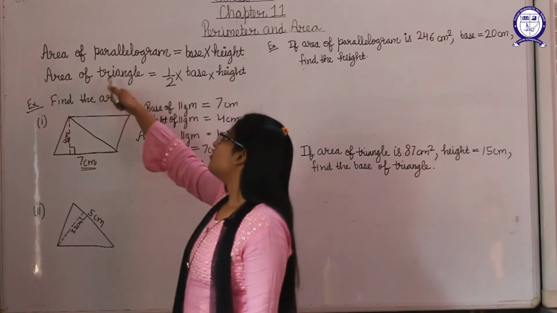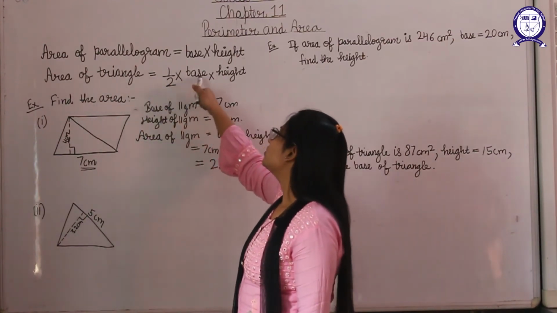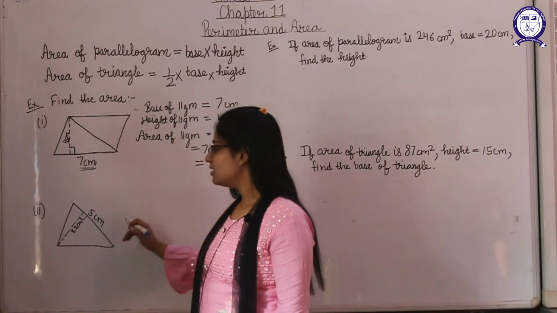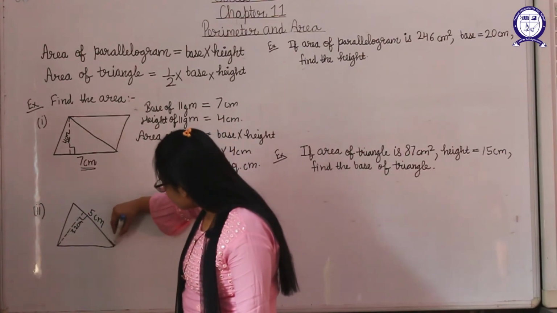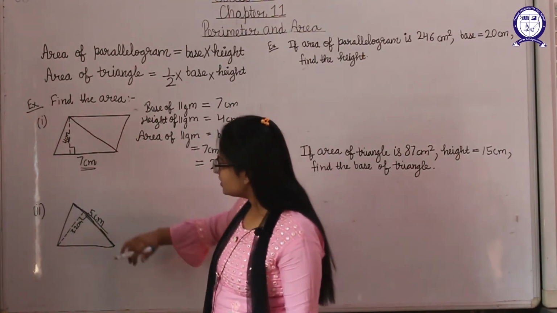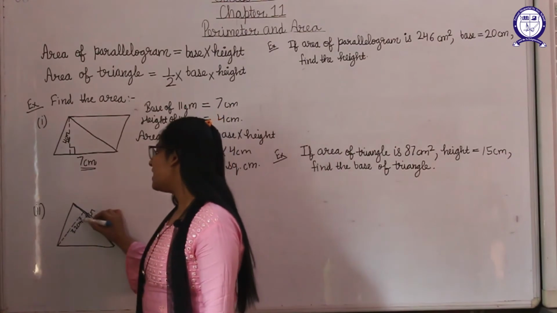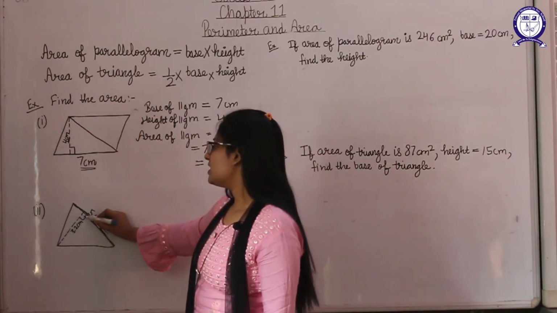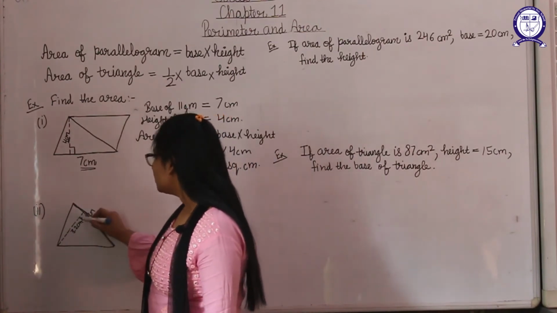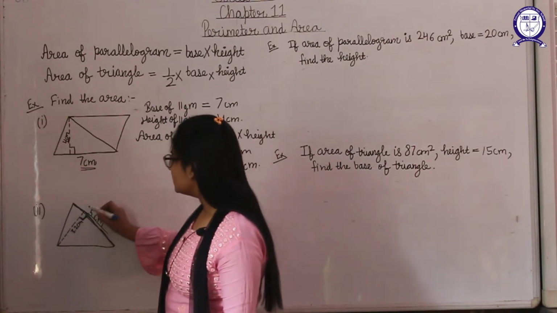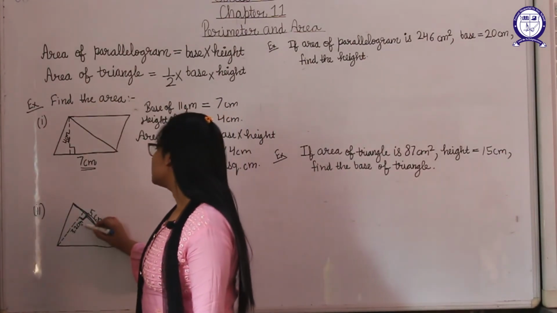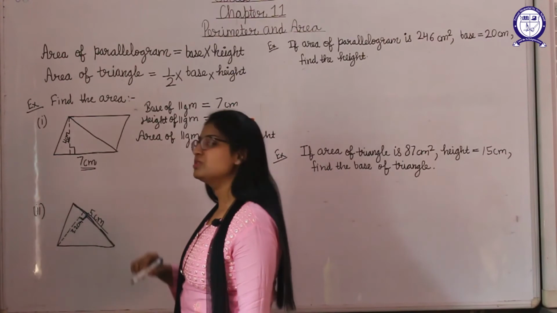Now students, the area of a triangle is given as 1/2 into base into height, half into base into height. Now this is the figure given of a triangle. If we consider this line as the base, and this is 5 centimeter as you can see, and as I told you here also, the line which is perpendicular, or the line which is at a 90 degree angle to the base, will be considered as the height. So as you can see, this dotted line is at 90 degrees to this base line, which is 5 centimeter. We can consider this as the height. So the height is 3.2 centimeter.